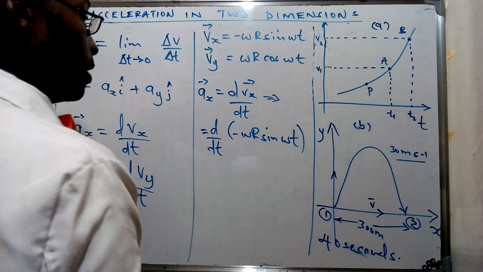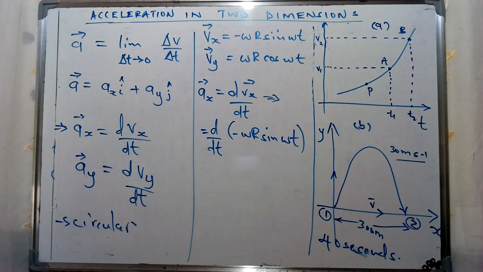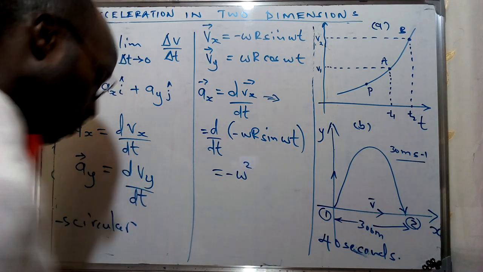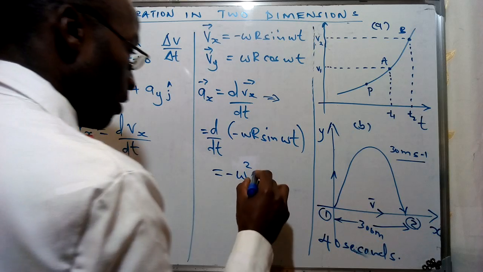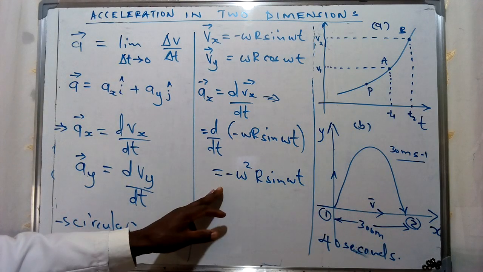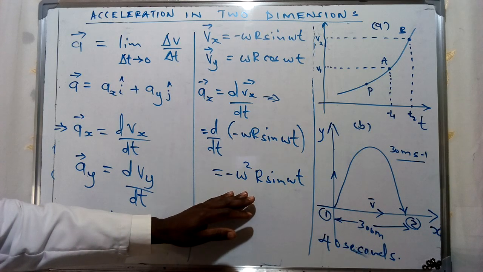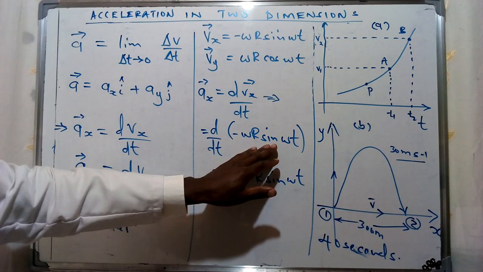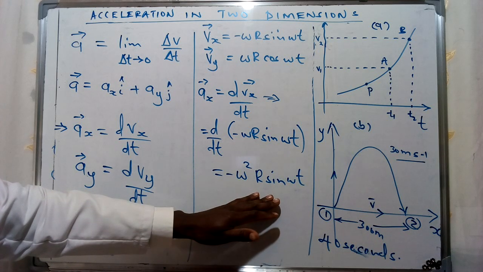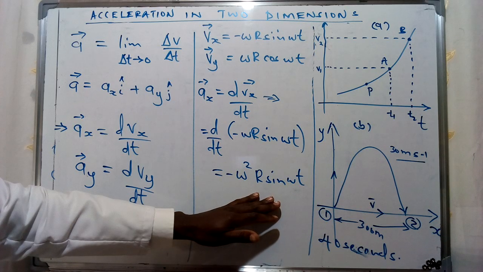And of course, that's going to be giving us the concept of acceleration. So this is going to be giving us the value of this specific aspect of a negative, the square of omega, and then we're going to have r, the sine of omega t. So from evaluation of trigonometric functions, kindly confirm that this is true, whereby we're going to have the derivative of the sine function given in terms of